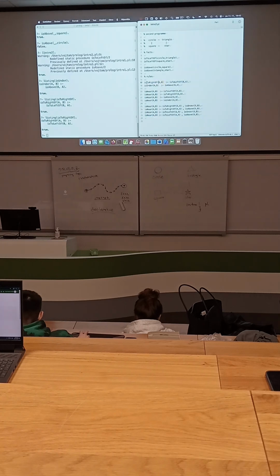What does it mean if a variable, capital A, is to the right of B? It is the same as B is to the left of A. Do you see it? It is a logical rule, so I do not need to write right in the database, because I already have left.